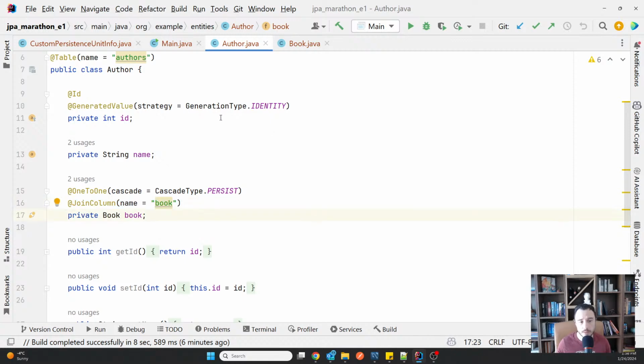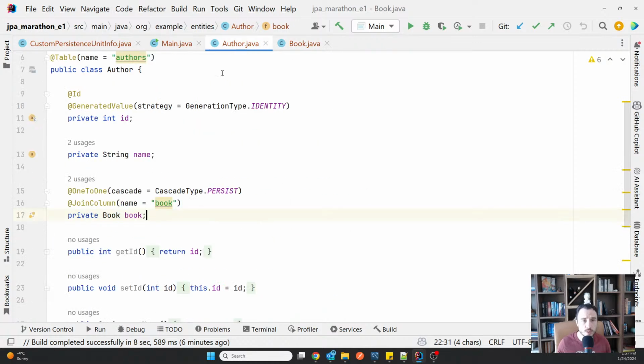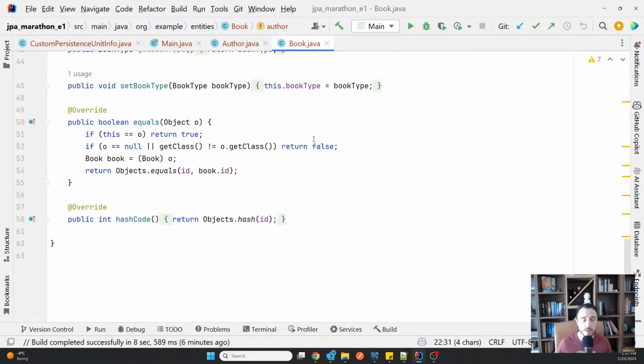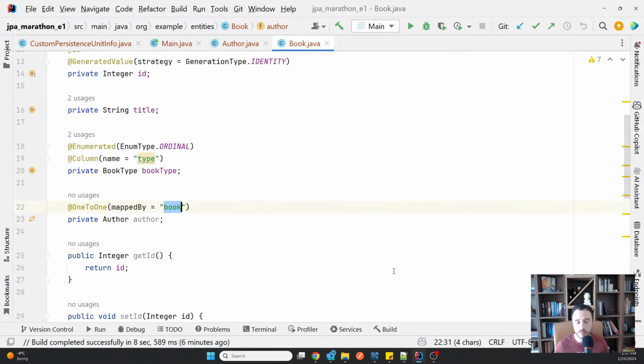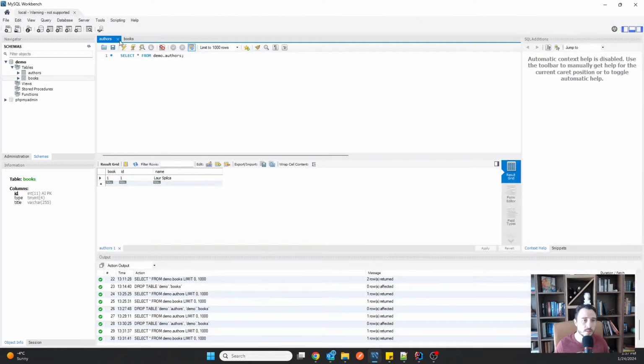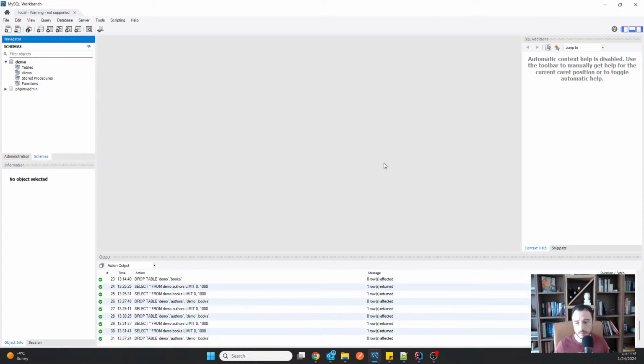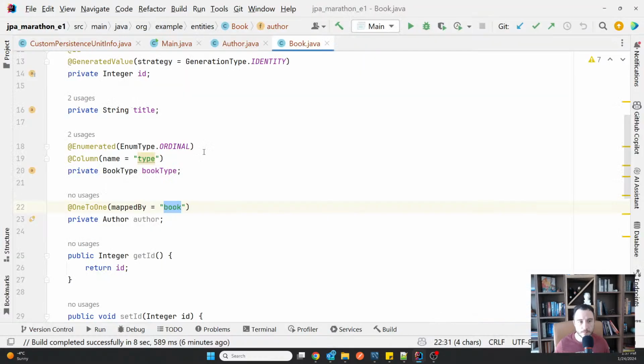So we can test that this one works. Again, you see I have no toString for the moment, and then I will also prove that thing with the toString. You will see what happens if I'm not careful with how I define a toString. So let me go back here. I'm gonna again delete the two tables. I'm gonna run them.